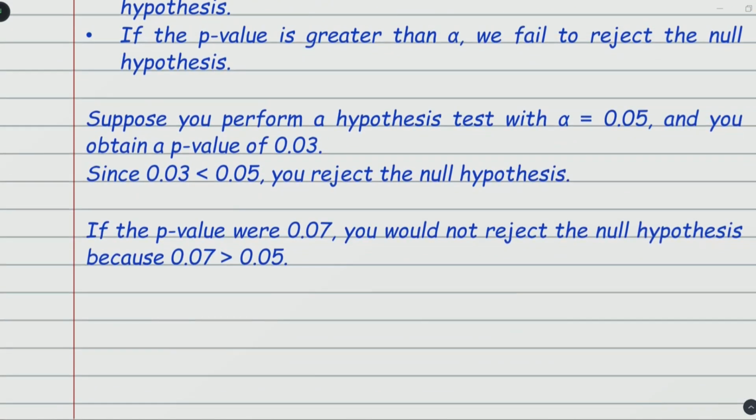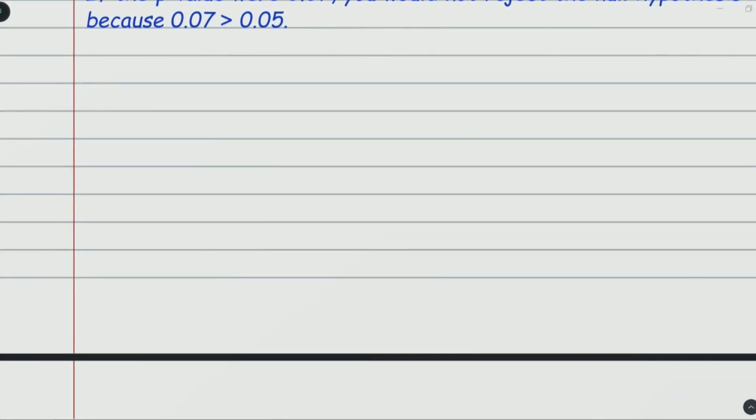Moving forward, suppose you perform a hypothesis test with alpha equal to 0.05 and you obtain a p-value of 0.03. Since 0.03 is less than 0.05, you reject the null hypothesis. If the p-value were 0.07, you would not reject the null hypothesis, because you would find that 0.07 is greater than 0.05. So moving forward,